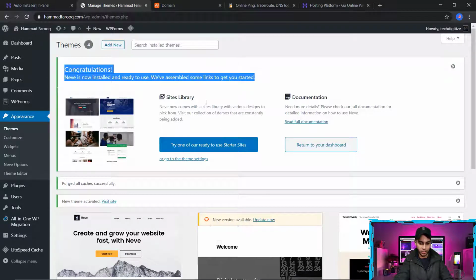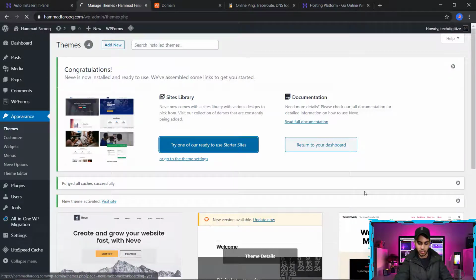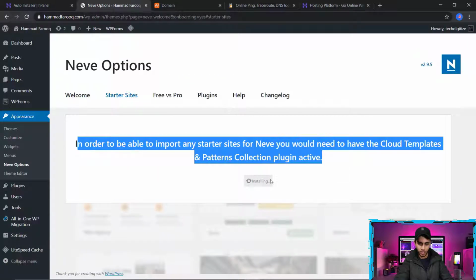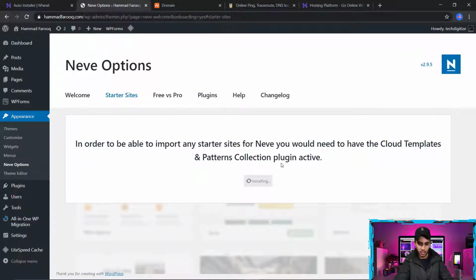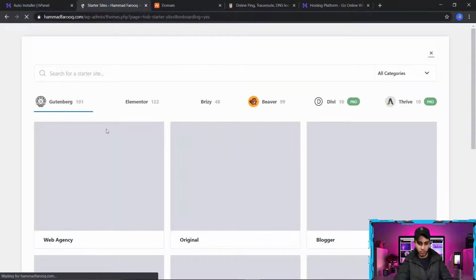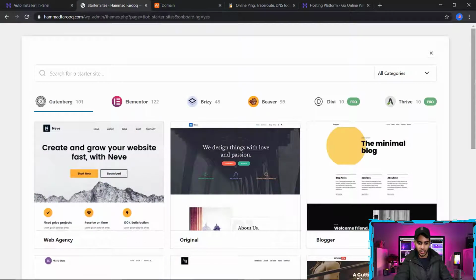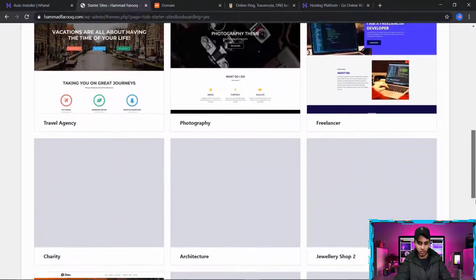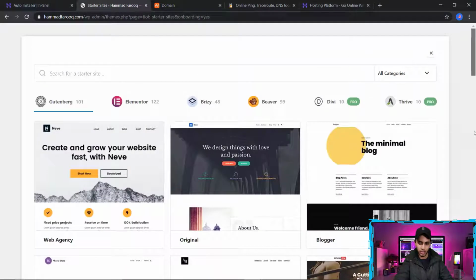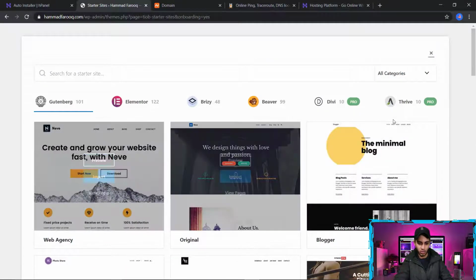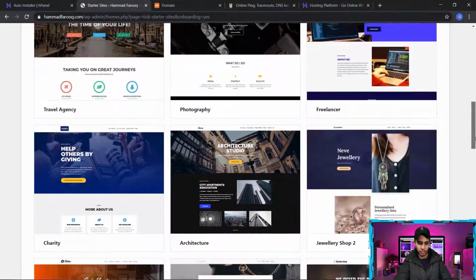Now you need to try one of our starter sites. Let's go to this option. Install a plugin. I will install and activate it. Let's wait some time, and here your plugin is installed. So here you can find your portfolio website. You can use the pre-made websites. So in this case I am using